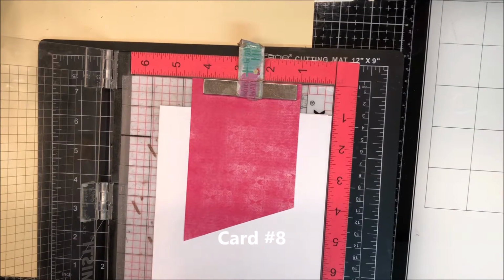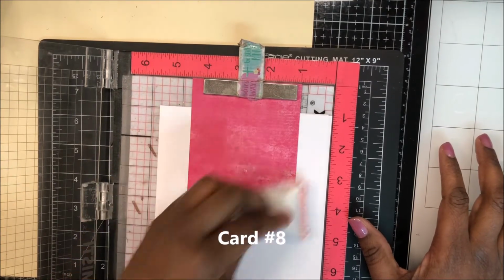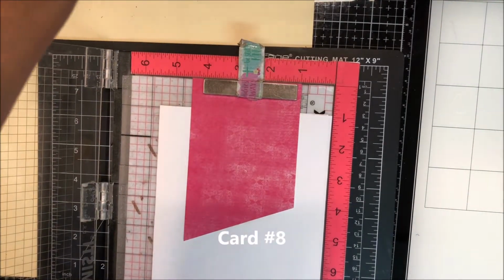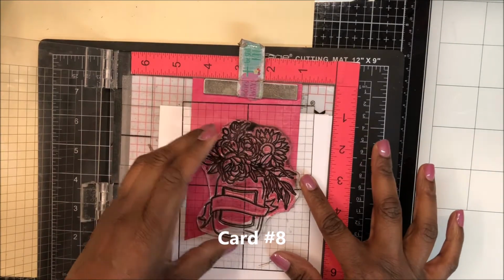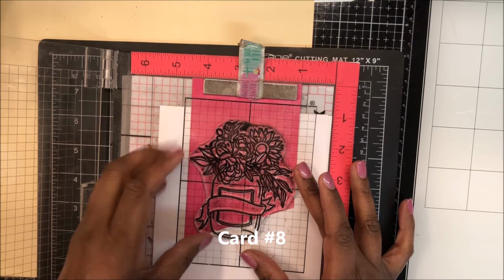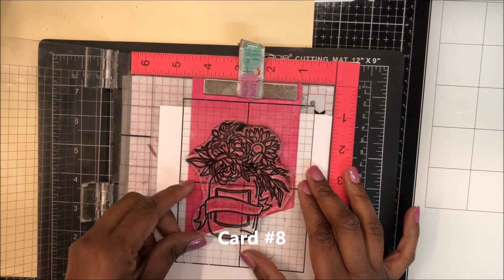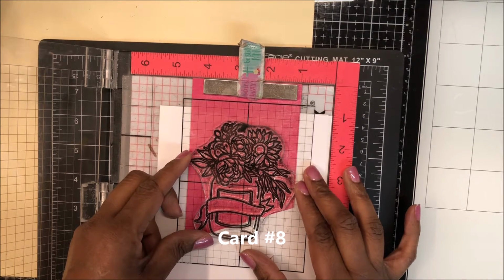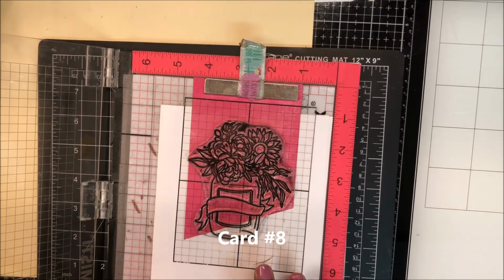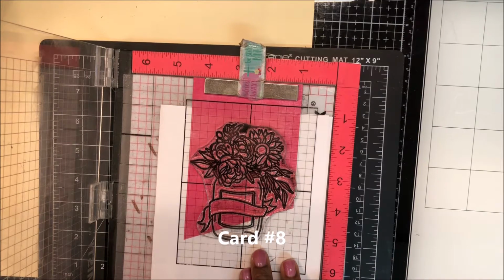Next, I placed my cardstock in my MISTI, prepped it for heat embossing, and used my acetate grid to line up the stamp on the panel. And then I'll close the door of my MISTI to grab the stamp once I have it positioned where I want it. And then we'll ink up my stamp using some Versamark ink. And of course, this is clear ink, very hard to see here,